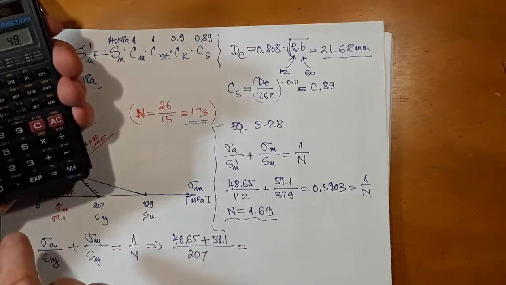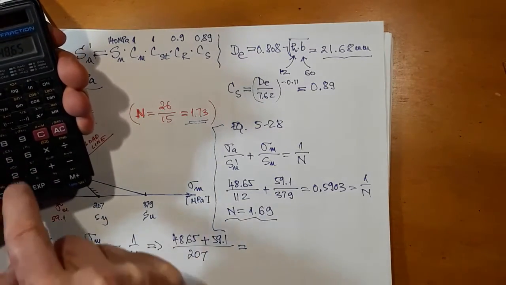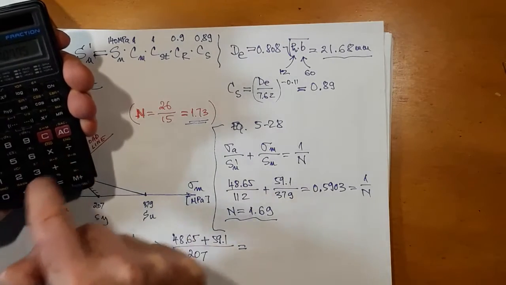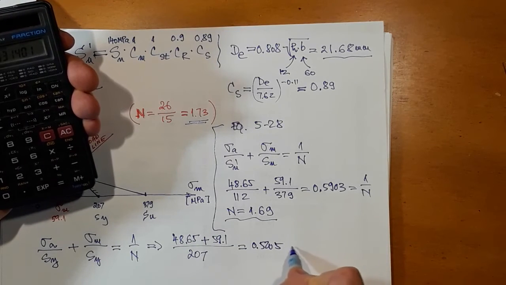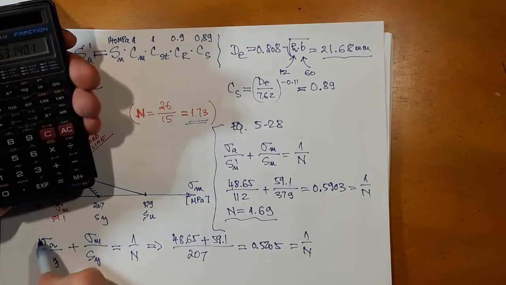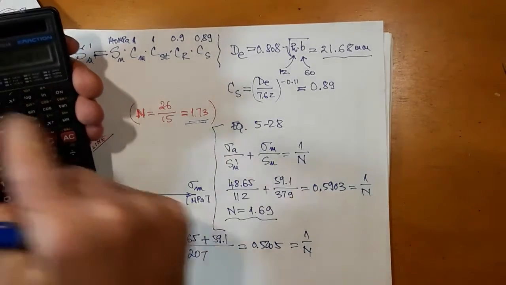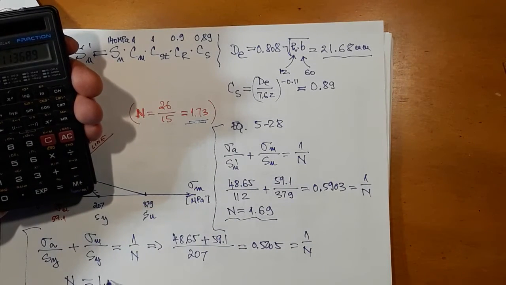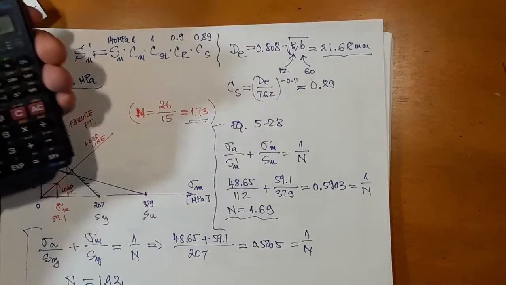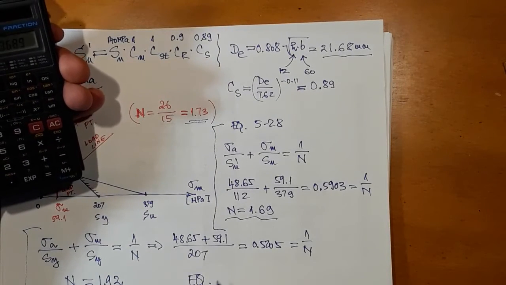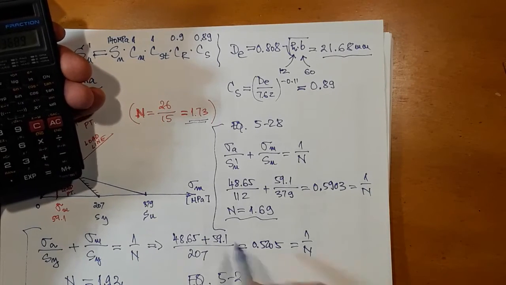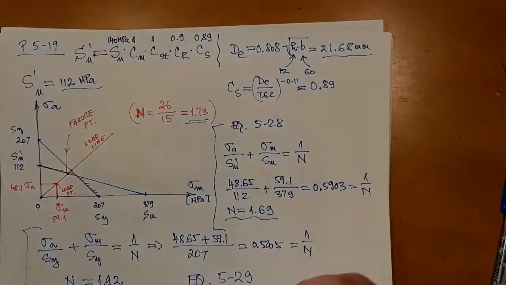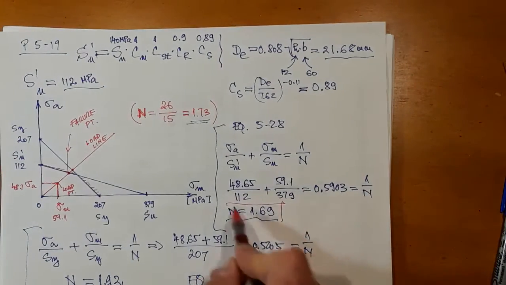So 48.65 plus 59.1 over 207 equals 0.5205. And this is 1 over n, so from here I get n is a bigger value, 1.92. Okay, so this was equation 529. Of course, the answer to the problem is, we agreed, this smaller value,